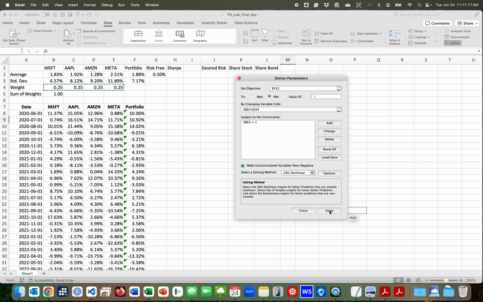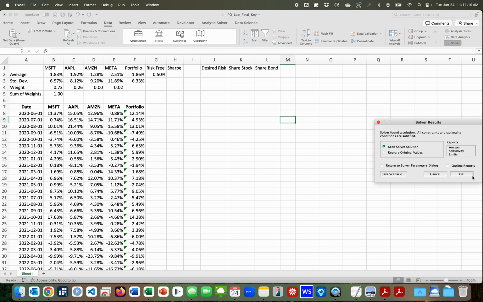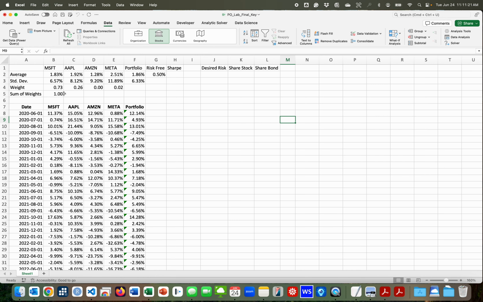Right. Hit solve, hit OK. And notice it allocated money between Microsoft, Apple, and Meta. So the minimum variance portfolio right here has 73% of the portfolio going to Microsoft, 26% going to Apple, and 2% going to Meta, and nothing